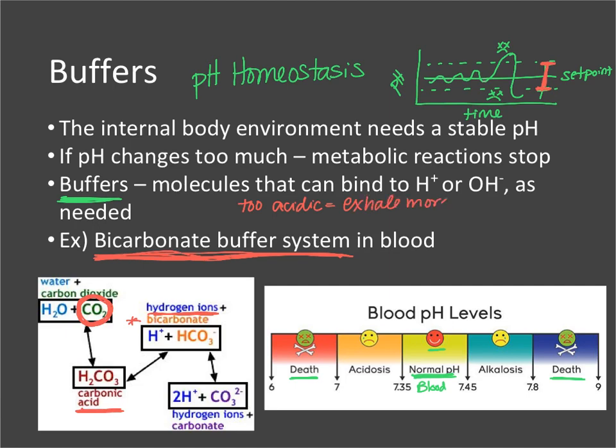So this can increase our respiration rate. It can make us breathe deeper or exhale more deeply. By exhaling more, you're getting rid of more of that carbon dioxide. And as you're getting rid of carbon dioxide, so we'll say here, decrease carbon dioxide, your pH is going to increase and go from being acidic to basic, or at least closer to the basic